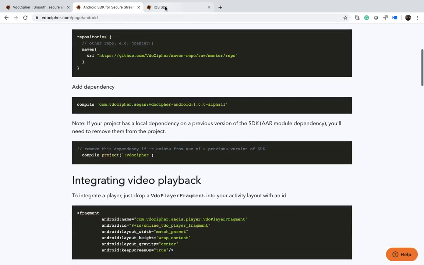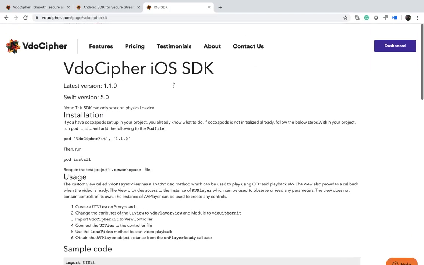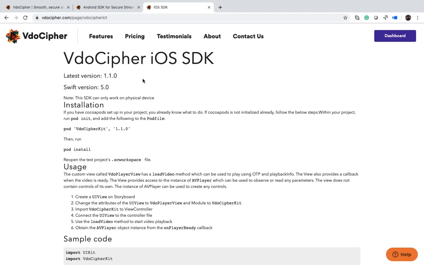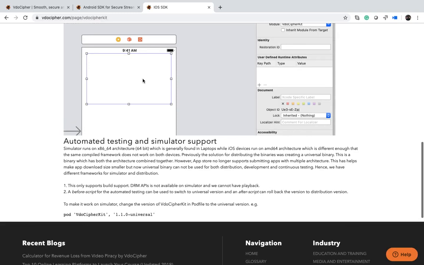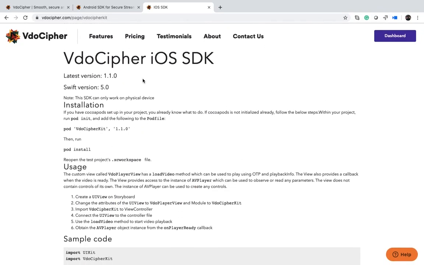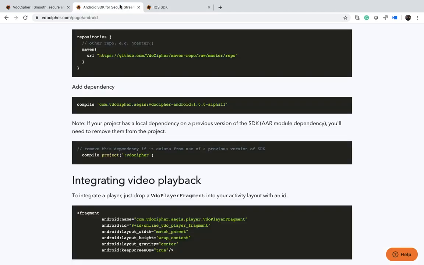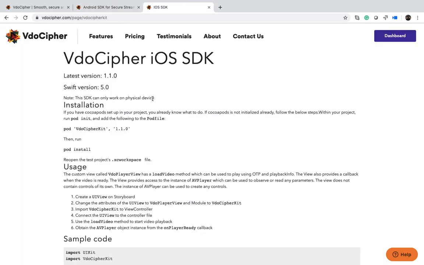Then we also have an iOS SDK. The iOS SDK only supports online playback. It currently does not support offline playback. But in some future, say 4 to 5 months' time, we do plan to add offline functionality in our iOS SDK as well. There are more details on the exact integrations in the blog. And there are also separate sections in the support section, and videos, on Android and iOS integration. You can ask us more by mail.